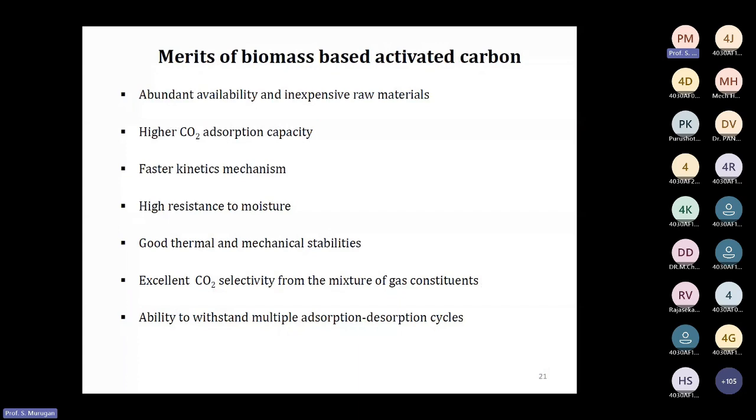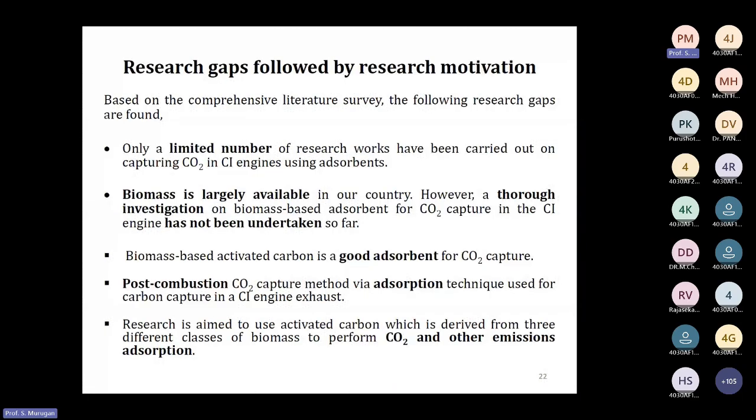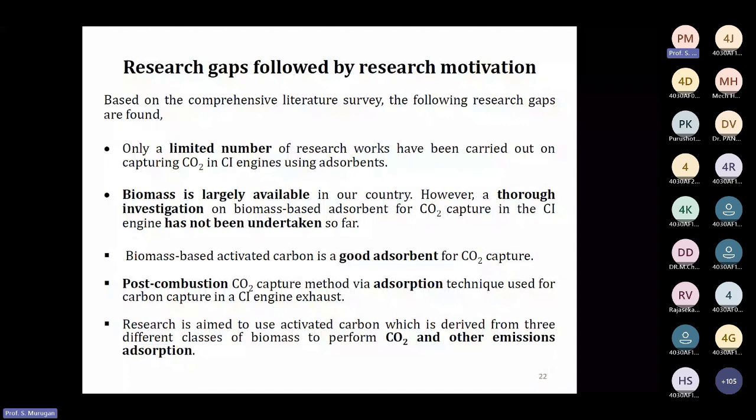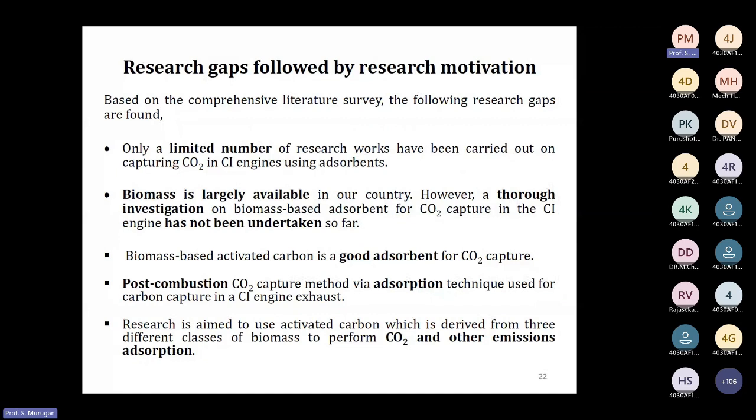Now, why we focused on CO2 capture in diesel generator? We went through various literatures available on carbon dioxide capture in different devices using all these four methods: absorption, adsorption, membrane, cryogenic. We went through all, and finally we chose this. What are the research gaps? Based on the literature review, we found some of the important